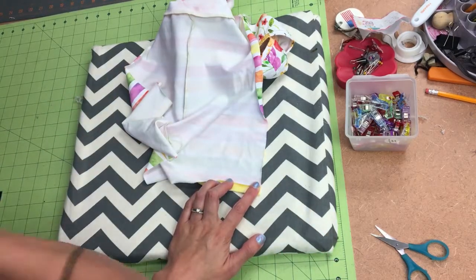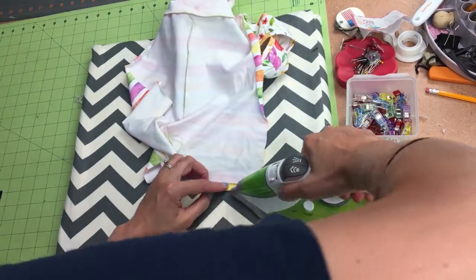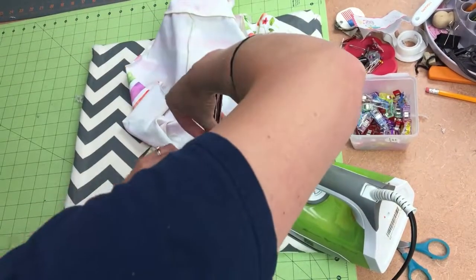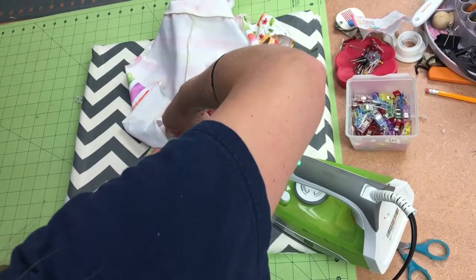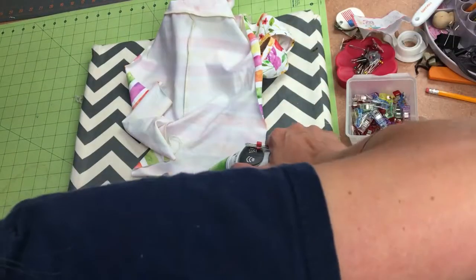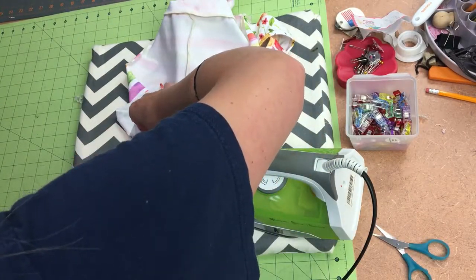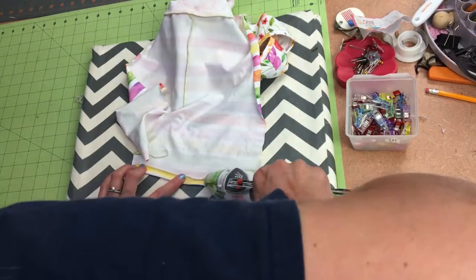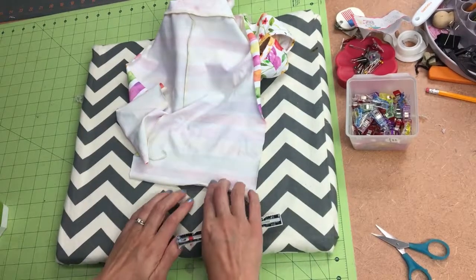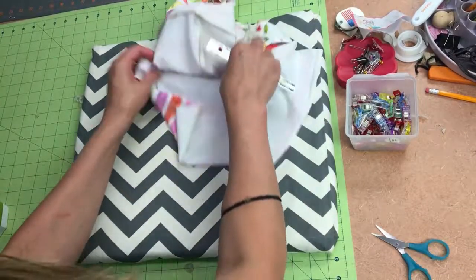Started here. Okay. So I just use my hem gauge and I press in that 1/2 inch memory hem on all my pieces here. Like I said, it just makes it easier, so I have that memory hem already pressed in there,